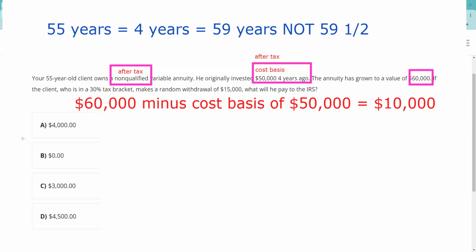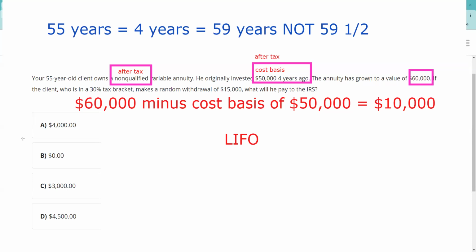So he makes a random withdrawal of 15. Now, what the customer would like to say is, Dean, that 15 is part of the 50 I've already paid taxes on, and so I don't owe any taxes. And please note that's offered to us as an answer. I go, no. Whenever you get stuck on a tax question, you should always go with what yields the most to the U.S. Treasury. And the U.S. Treasury says LIFO, last money's in, first money's out.